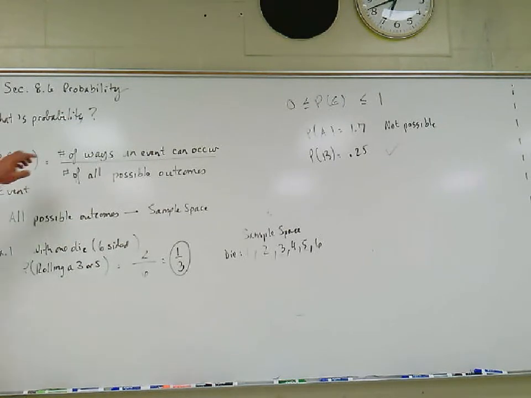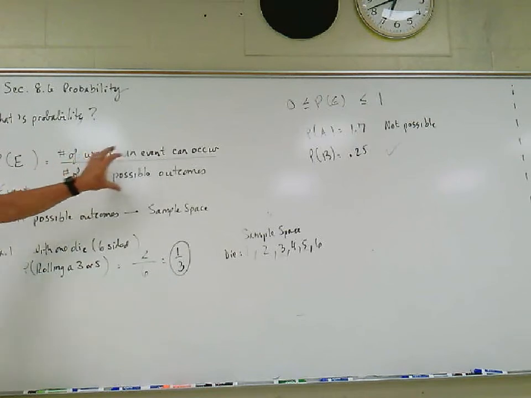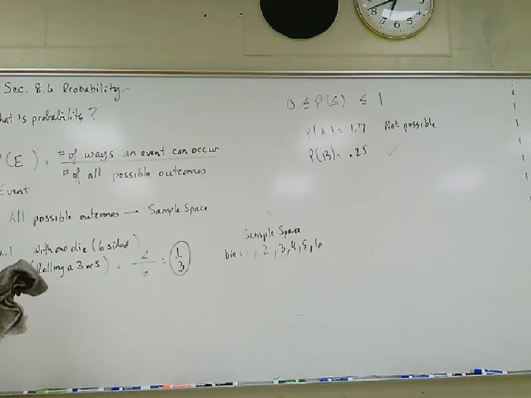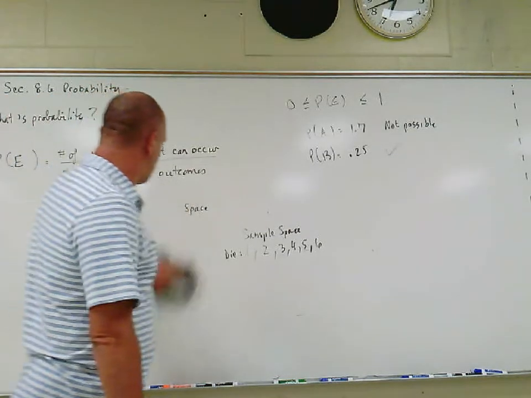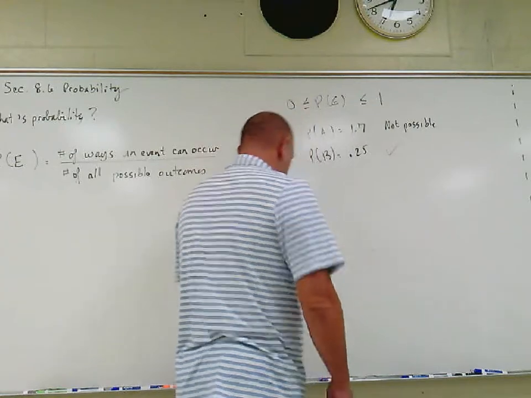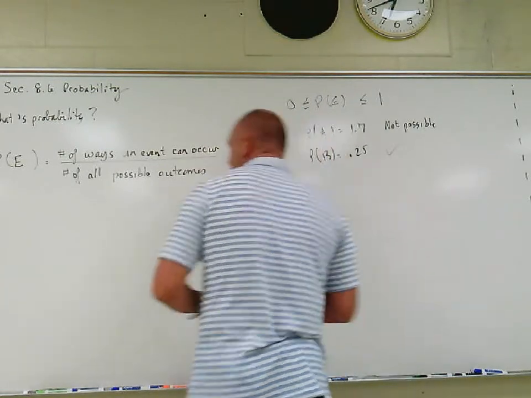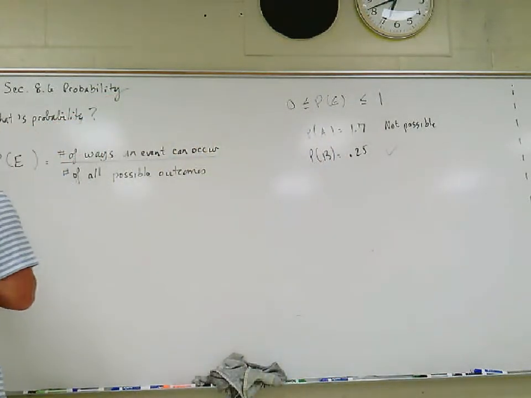So just remember this. How many ways can that certain event occur, and how many total outcomes are there? This is what we'll always do to get our probability, okay? So I'm gonna leave that little definition there, and we'll do another problem. Okay, here's what I want you to think about. So, we'll call this one